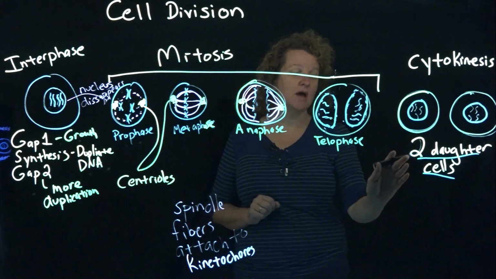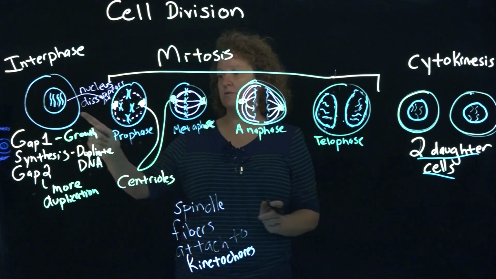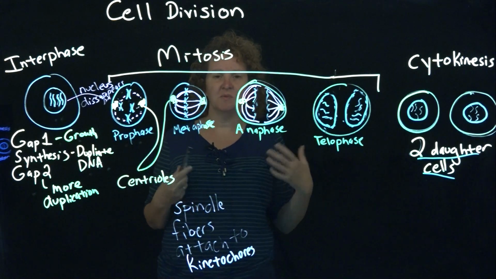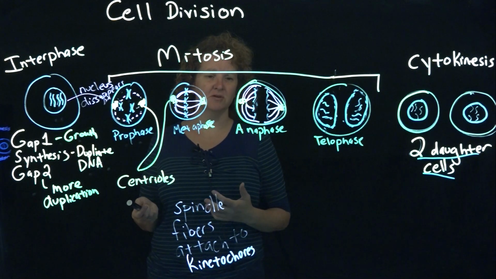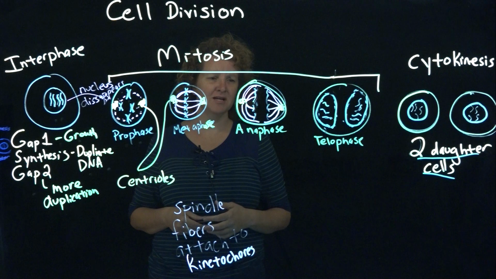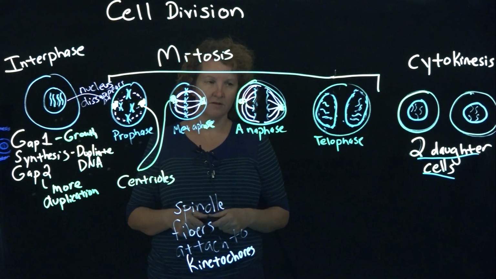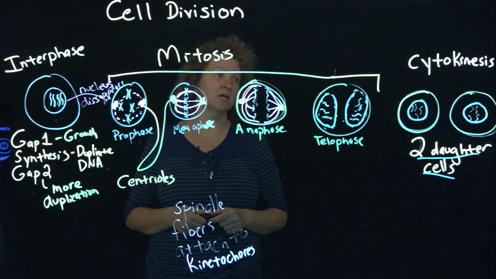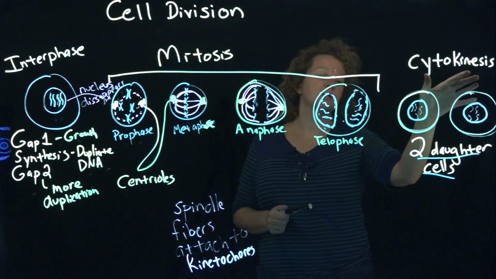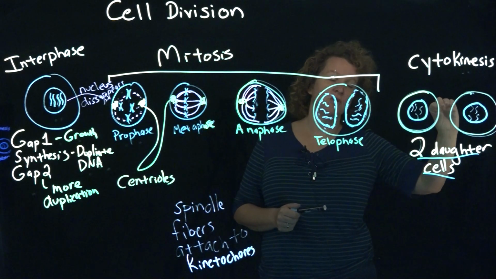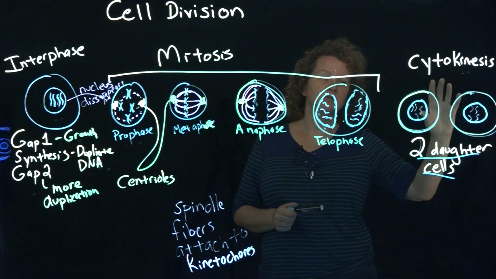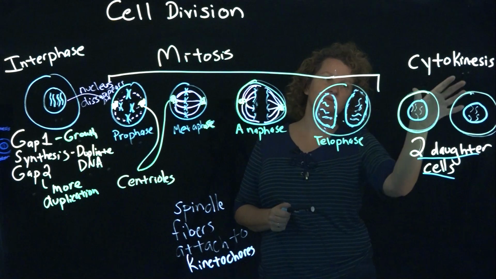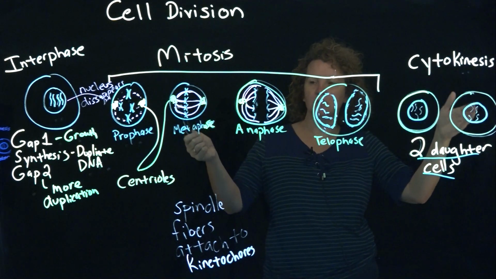It literally just pinches off because it has that soft cell membrane. But the idea is that you have these two daughter cells at the end that are just like the parent cell. And we would want that, right? If we're making more skin cells, we want them to be like the skin cells we started with. We don't want them to be genetically different and not be behaving and functioning properly. Same is true of heart cells, liver cells, all those sorts of things. So the last part is cytokinesis, and that's where you have that final pinching in two. Sometimes you see that collected with mitosis, sometimes separate, but they are a linked set of processes.